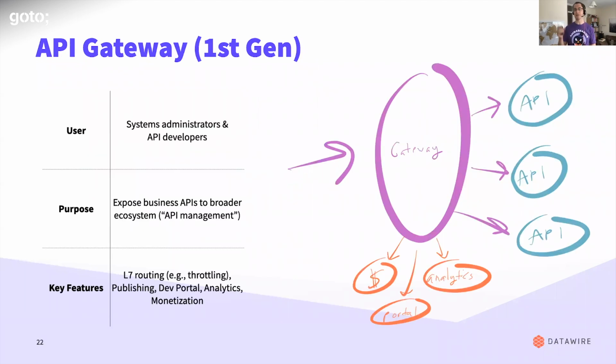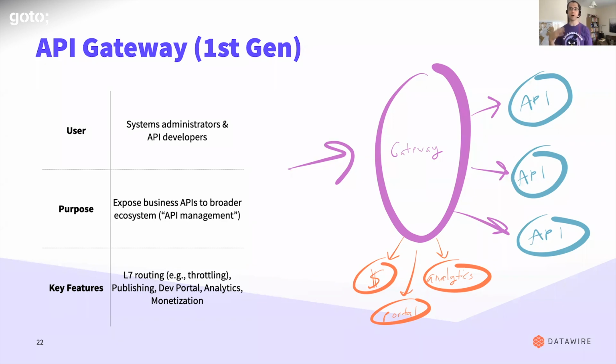This led to the first generation of API gateways. Mashape spawned Kong. Mashape were going to be a marketplace for APIs. They realized Kong was how they could make money better. So they spun up Kong, and Kong obviously is still going strong now as an API gateway based on top of OpenResty, Nginx effectively. This was when we first saw the target users being sysadmins and API developers.